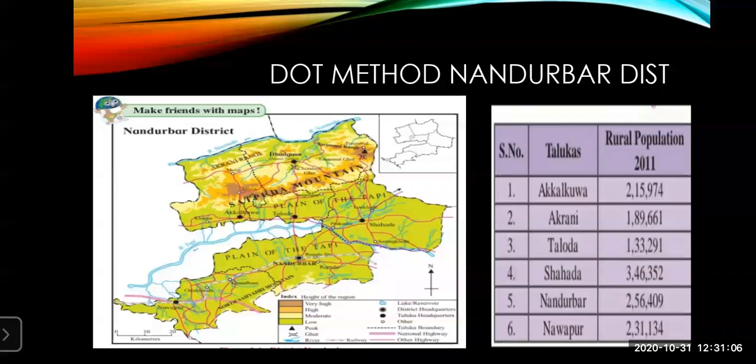See the map of Nandurbar. This is figure 1.6. Okay, see it carefully. Now, what is told to you, you have to trace it on paper and draw the map. Also, population data is given for us. We have to decide the value of the dot considering the highest and the lowest. Now, let's see the data which is given. Now, the data which is given, see here.